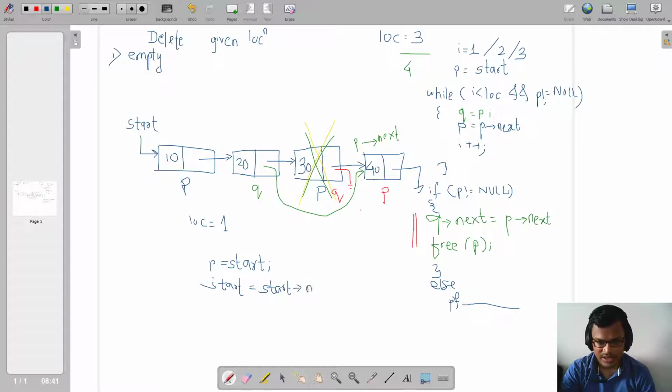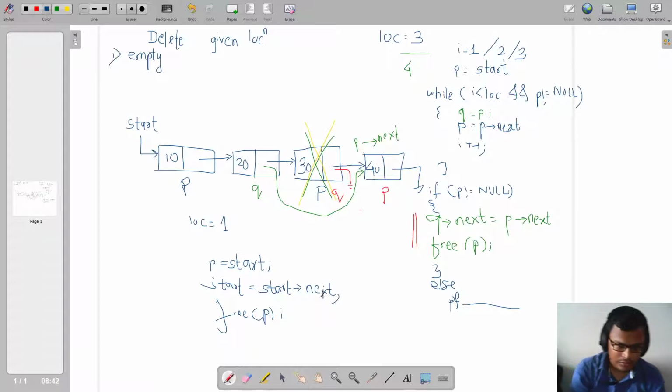This will be as good as delete at start, right? And then I can write free P. So for deleting this node, P is equal to start, start is equal to start's next, and free P.